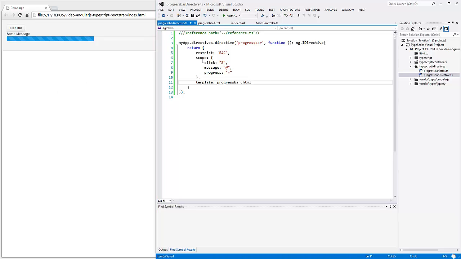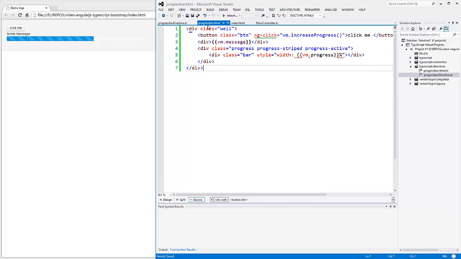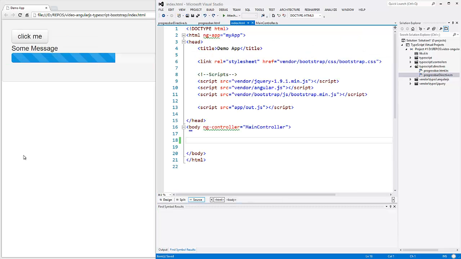Now I'm going to update the template to use the scope values. This will get renamed to click, this will get renamed to simply message, and this will get renamed to progress. Now wherever I need to reuse this component, all I need to do is to create an element called progressBar, because that's what I call my directive,